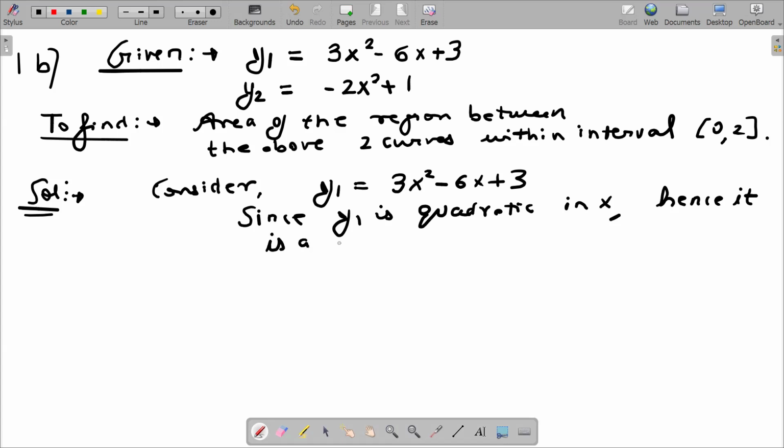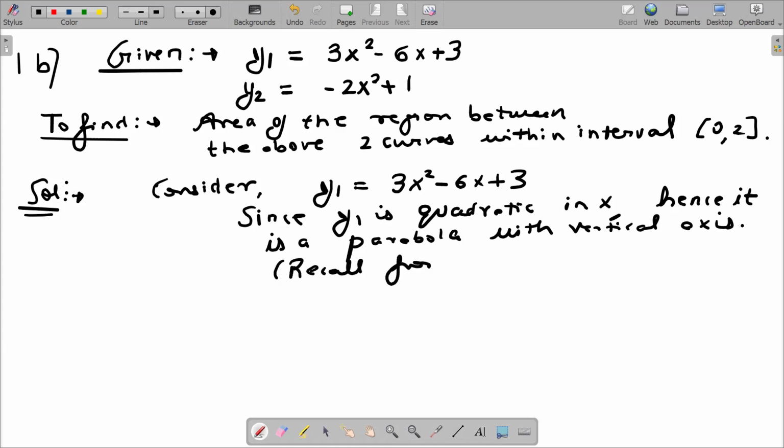Hence it is a parabola with vertical axis. Students should recall this from my MME 1, or I can say Introductory Mathematical Methods for Economics course, which students have done in semester 1 of BA Honors Economics. Okay, so if I just convert to the standard form of parabola,